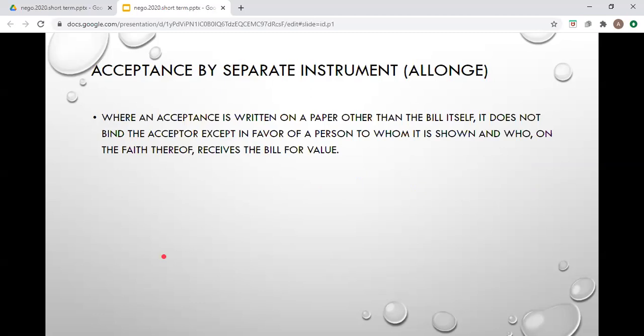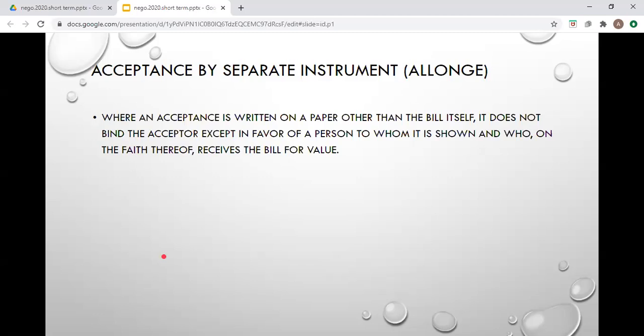Okay? And then as much as possible, where will you place your acceptance? Acceptance shall be placed in the body of the instrument itself, on its face. But it is also possible that the acceptance will be placed on a separate piece of paper, other than or besides placing it on the face of your instrument. However, placing your acceptance in an allonge is a way on how to limit your liability if you are the acceptor. Why? Because if the acceptance has been placed in an allonge, the liability of the acceptor is limited only to those individuals who have seen that acceptance on that separate paper and who on the face thereof receive the